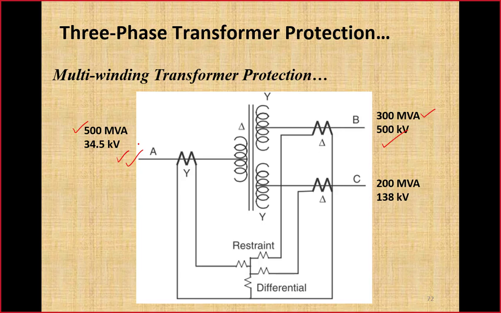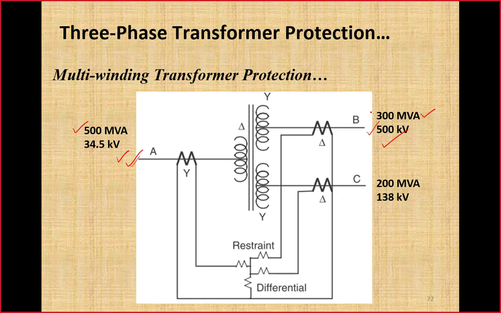So the only solution left is to assume that both windings are carrying 500 MVA, just for the purpose of CT ratio selection, because CT ratio selection must be done on a single power. So that is 500 MVA in our selection. I have ruled out the other two possibilities one by one. If we use 500 for both windings and do the calculation accordingly, then no matter whether it is carrying 100 MVA, 200 MVA, 300 MVA or any other value, the operation of the percentage differential relay will remain balanced in that condition.